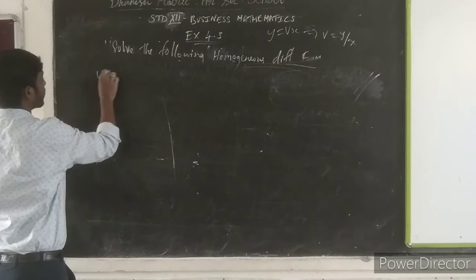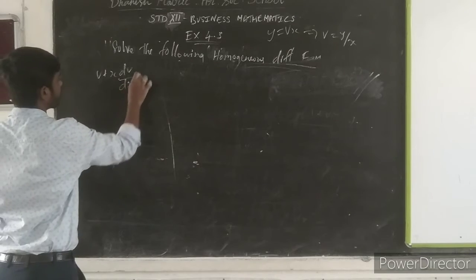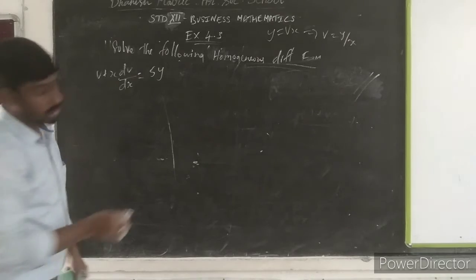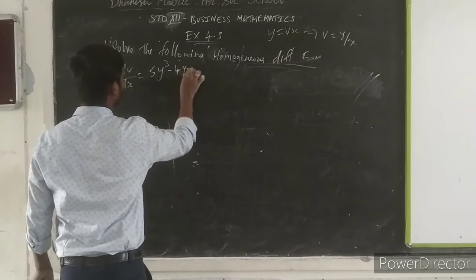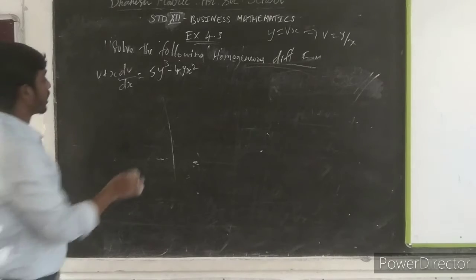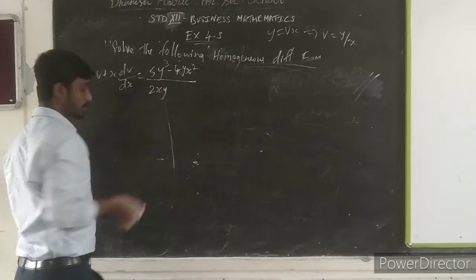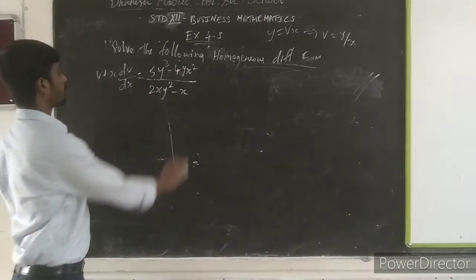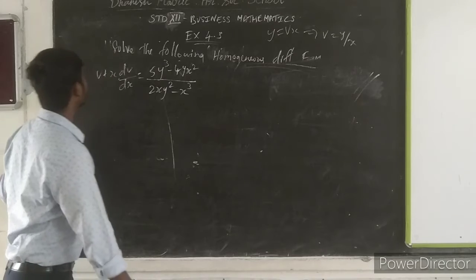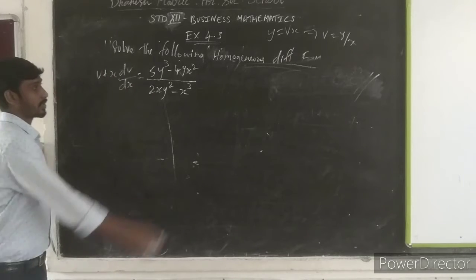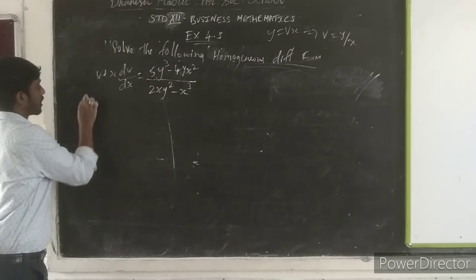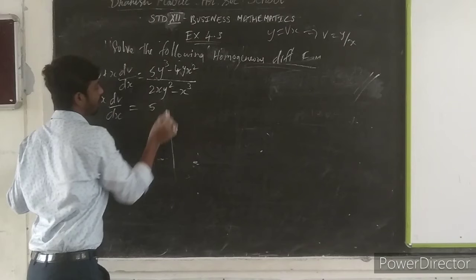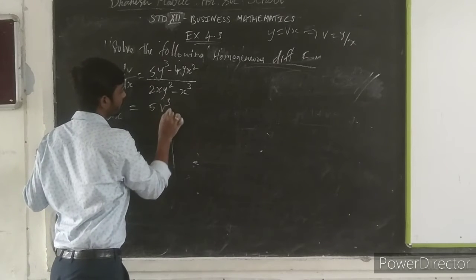What is the second equation? v plus x dv divided by dx equal to that. What is the y value here? y is equal to vx. We substitute into it, and we are getting v plus x dv divided by dx equal to 5 v cube x cube